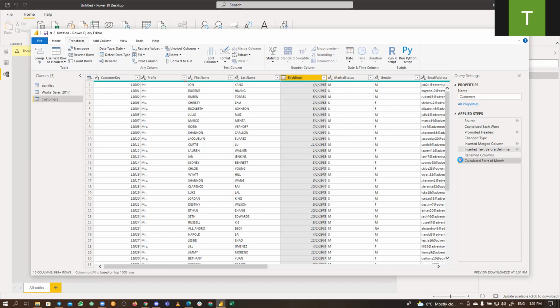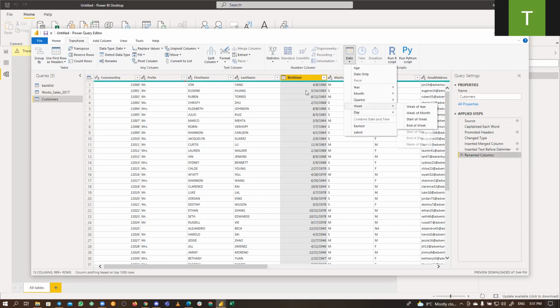These things are very, very easy to understand. You have a lot of them here, so you can just play around with them. I don't think we have quarters here. So it might calculate the first quarter in this year, in case you're asking for the start of it. Just play around with it and see the result for yourself. So just for you to know, these are date column options under transform.